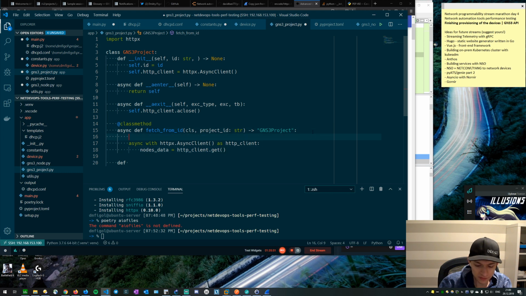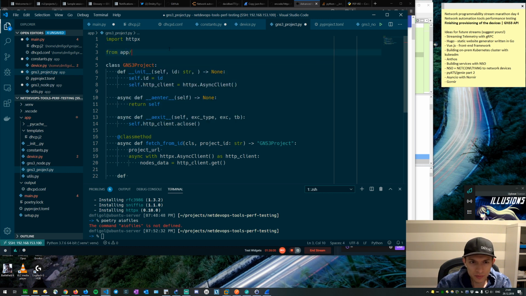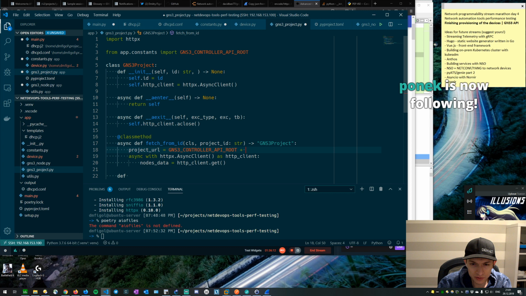And then, well, first we have to get the project URL from app constants, import GNS3 controller IP root. So project URL is going to be GNS3 controller plus f projects